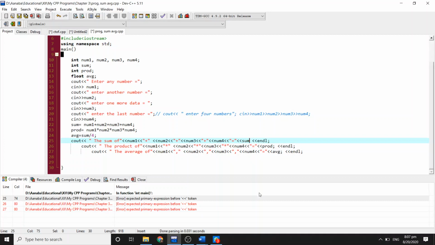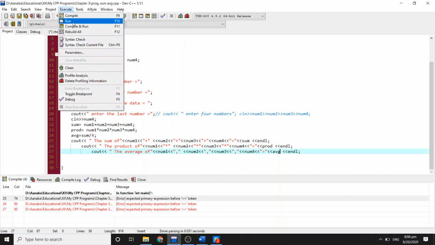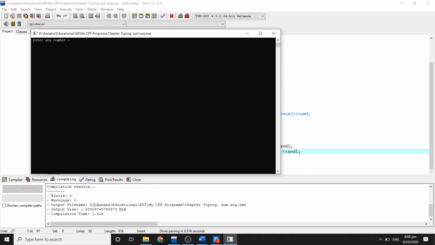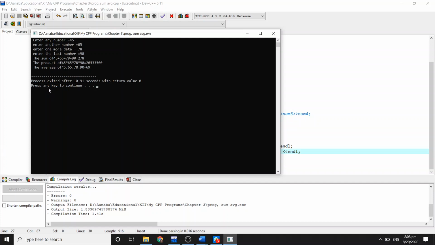This terminator is here. I have to remove these terminators from here, as it is an expression before this token. There is some expression, and this was the expression that was here. Compile and run. Now enter any number. I'm adding 45. Enter another number, 65. Enter another number, 78 and 90. Now the sum of 45, 65, 78 and 90 is equal to 278. Product is this, and